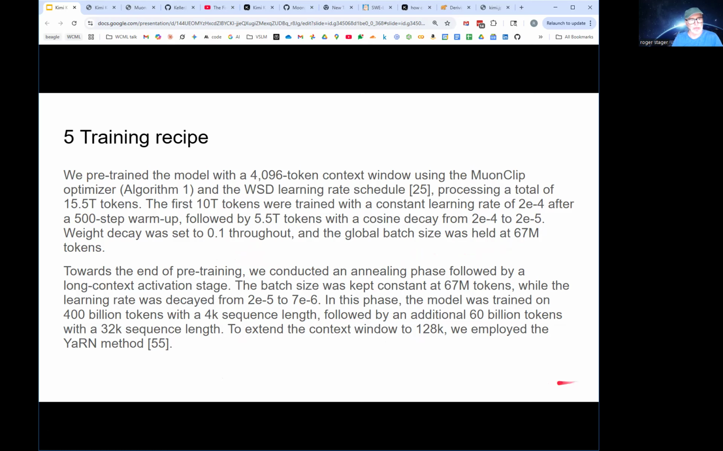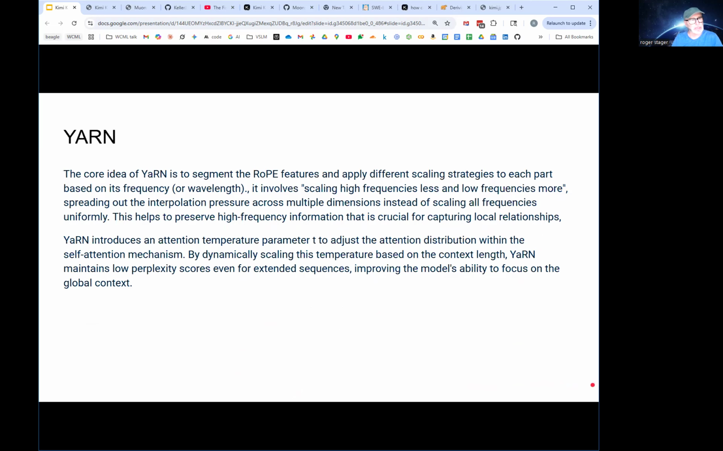Batch size. Oh yeah, they trained out to the very end. They trained at 4K sequence length, and then they went to a 32K sequence length, so they got larger. And then finally, they used the YaRN method. Did I put in a slide about YaRN? I'd heard this a number of times, didn't know exactly what it was, but it's basically this idea with RoPE, you can train at one context length,